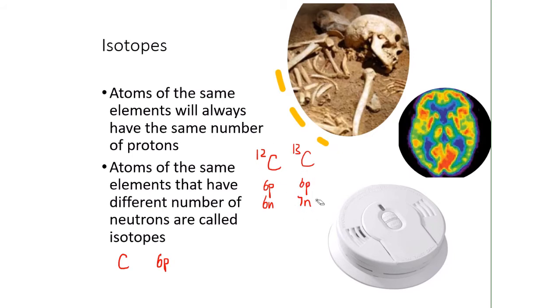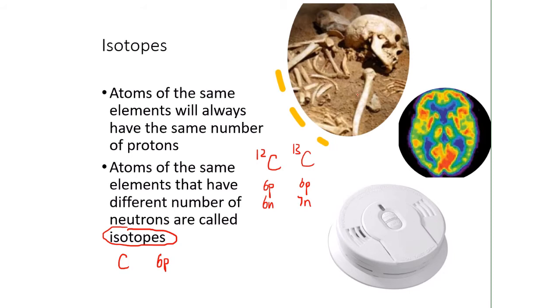Don't worry about how to calculate these numbers. Your chemistry teacher will teach you that later. What you have to know for this course is that atoms of the same element with different numbers of neutrons, we call them isotopes. Okay, so some isotopes are unstable and they break down